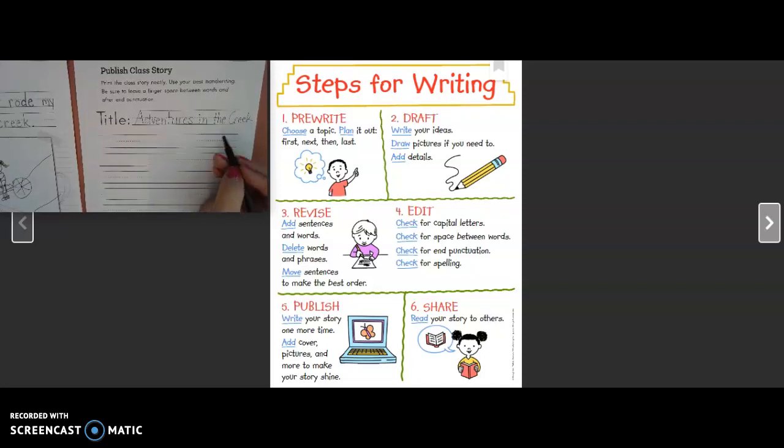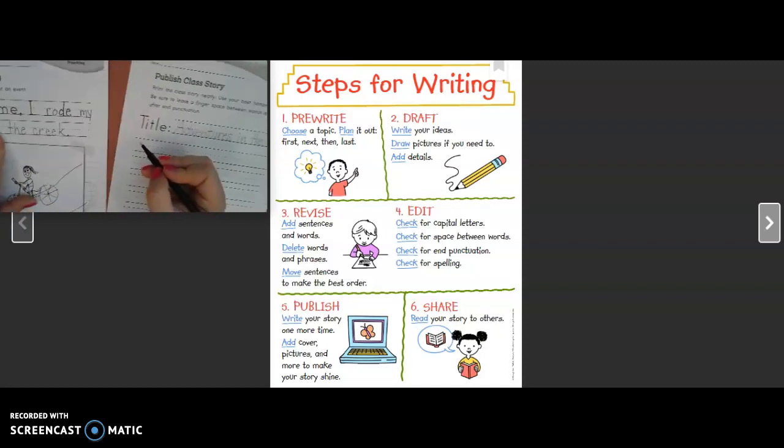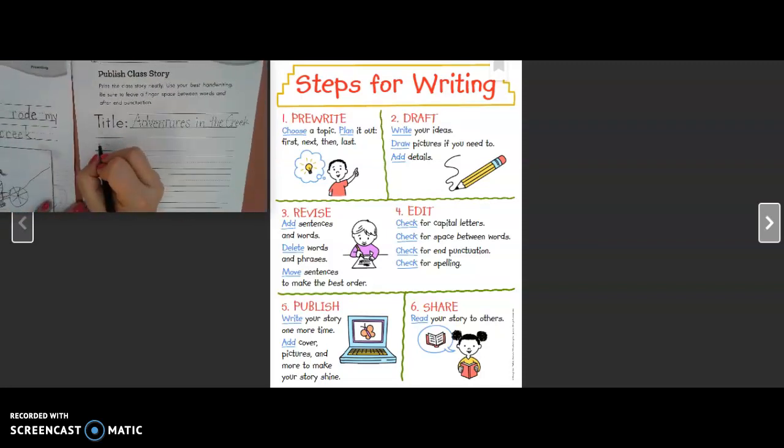Okay? When I start writing my sentence in my story, I'm going to start right over here on the edge, and I'm going to start with this sentence right here when we were brainstorming, one time. So that's how I'm going to start my story off.